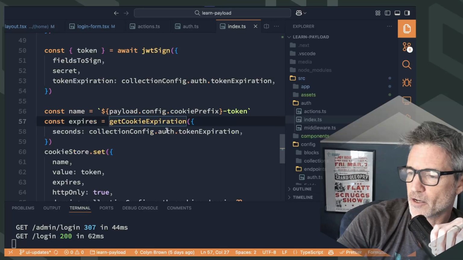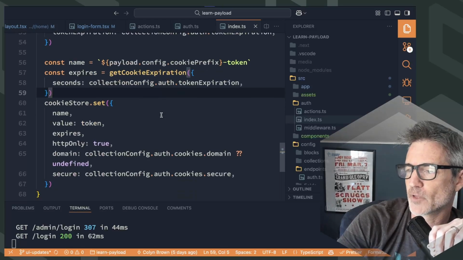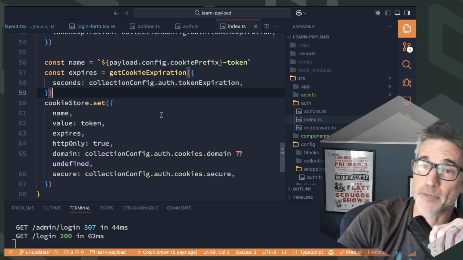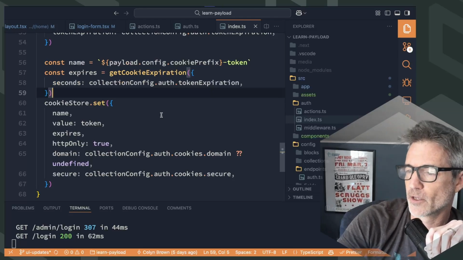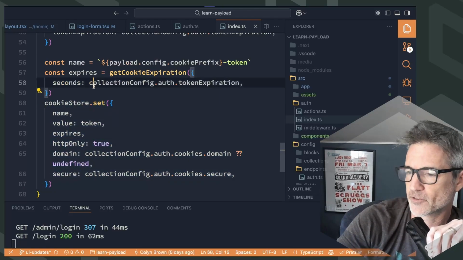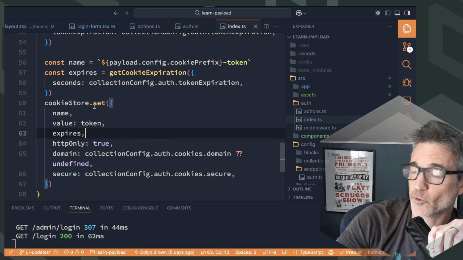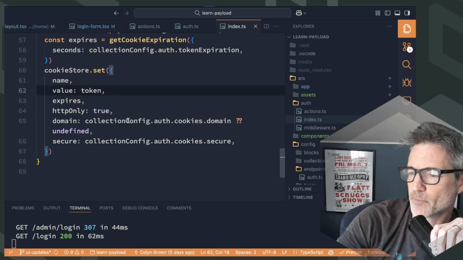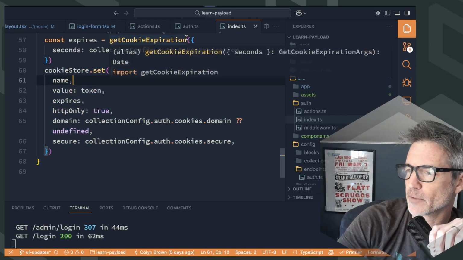So yeah, the less hard coding of this stuff, the better, because over time, lots of things may change. And so you don't want to have to keep updating your code every time you change your configuration or Payload changes something in their source code. And so we try to map a lot of this stuff to code that already exists. So we set the cookie in the way that Payload expects, and then from there